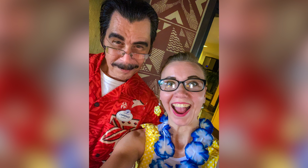So we snapped a quick picture with that before heading into the lobby, because now we have to get a picture with our entire party wearing lays. Alyssa's been wearing hers, but I did not bring mine from the room, so I'm just going to get another one from the front desk. While he was waiting for his, I saw a guy in a Hawaiian shirt, a cast member, so I asked if I could take a picture with him because that was one of the clues we needed on the card. And when I came back, I had my lays, so we took a quick picture together with the lays,